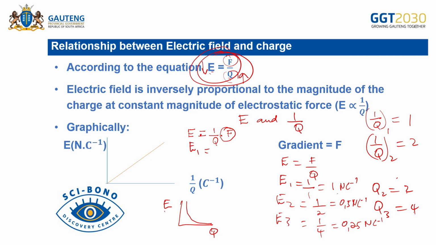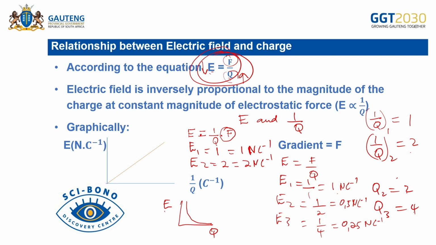What is 1 over Q1? It's 1. Then my E1, like it or not, will be 1 newton per coulomb. For E2, what is 1 over Q? It's 2. So it's going to be 2 newtons per coulomb. So can you see that as my